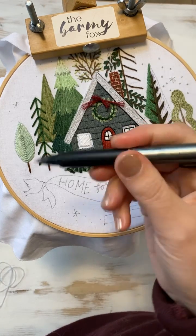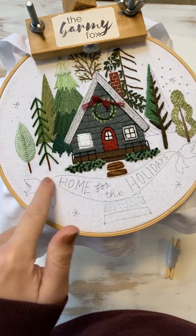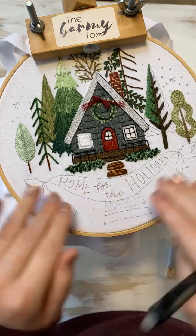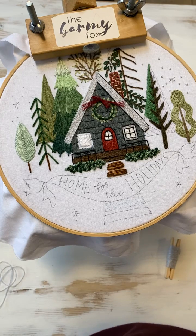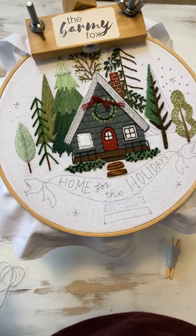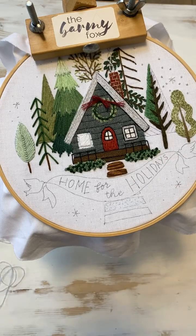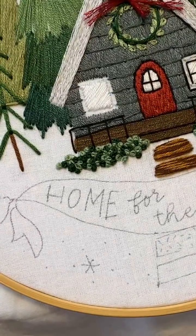So we're going to do some drawing the guidelines on. And then for the banner, I'm going to do 3 strands, and it's going to be a whipped backstitch. So we're going to cover up all of those stitches, and it's just an outline. We're not filling it in or anything like that. That's a bit too much. If you would like to do that, then you are more than welcome to do that yourself. But it's a little bit tricky because we're going to do the writing over top. So with that said, the idea for the birds